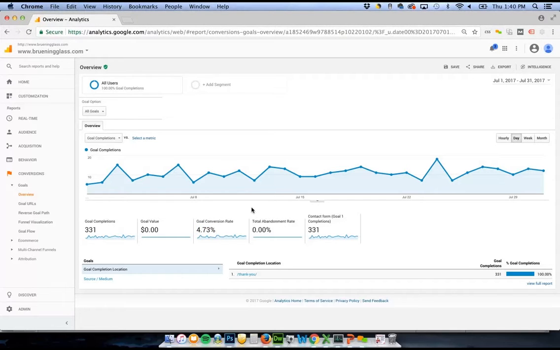Have we improved things? Has not only the number of goals improved, but has the conversion rate improved from an overall standpoint and on individual sections of the website? And I think a way to show how important this is, not only can you see how many people have achieved this